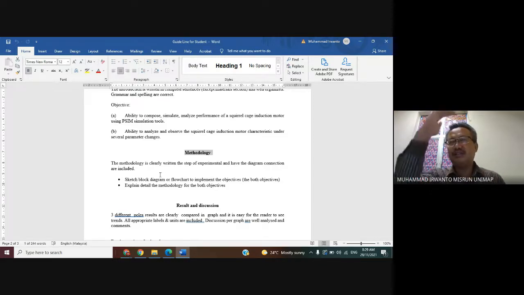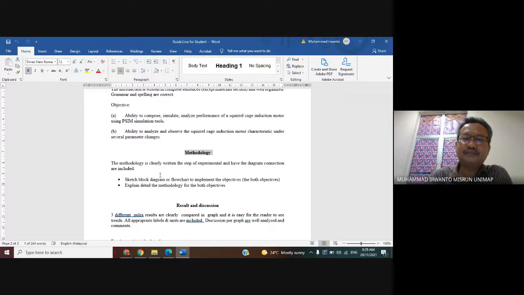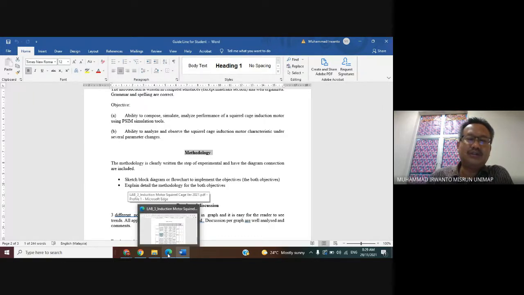Flowchart means first you give the schematic diagram and also the flowchart, including both objectives, and you explain in detail how to do it to achieve both objective 1 and objective 2. I just roughly explain the methodology part.